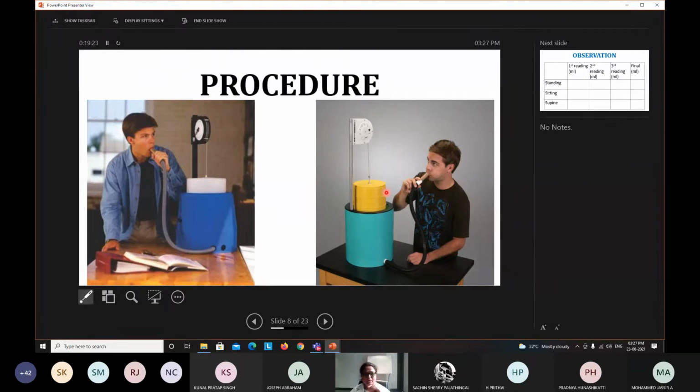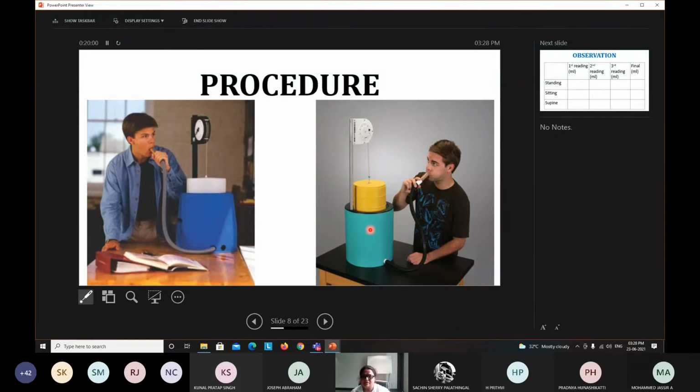So that is the purpose. You have to completely clamp. Unfortunately, I could not get such a picture, so I am showing this. The next step is to make the person sit and record the same thing. You ask him to inhale deeply first, clamp the nose, keep the mouthpiece inside and blow out completely. This is what he has to do, and record again 3 times. This is one posture change, from standing to sitting.